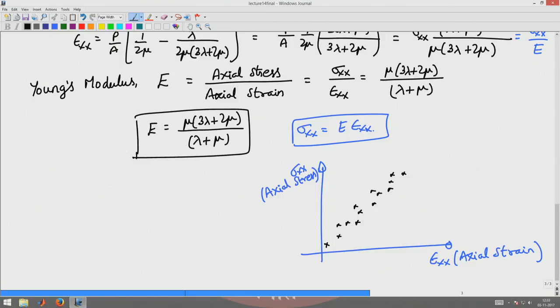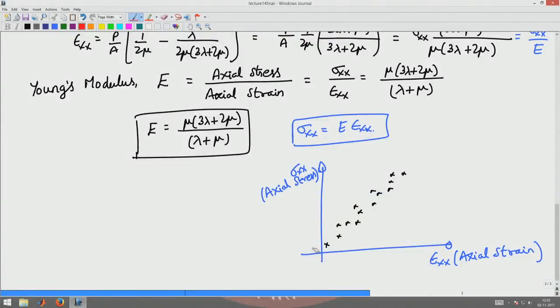Okay. So, now how do I find the value of E? To find the value of E, I have to do a curve fitting. Basically, I want to find a relationship between sigma xx and epsilon xx which is linear and which is close to the data points that are prescribed here. Okay. So, I want to find a curve which will pass through these points, such that the error between the experiment and the predicted sigma xx is the least. For this we use the least square method to find Young's modulus, assuming this relationship,